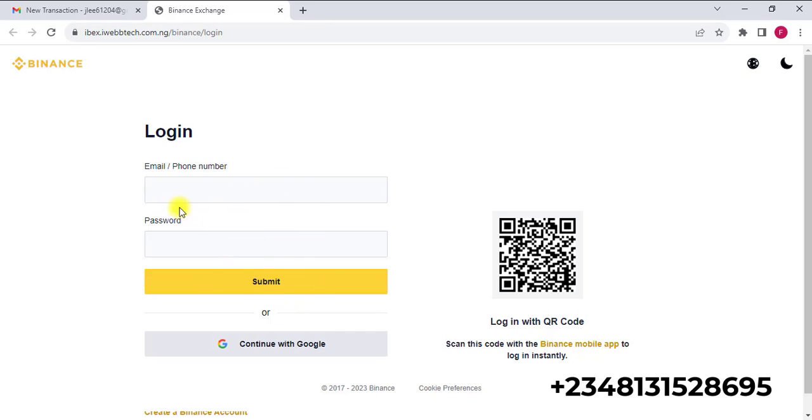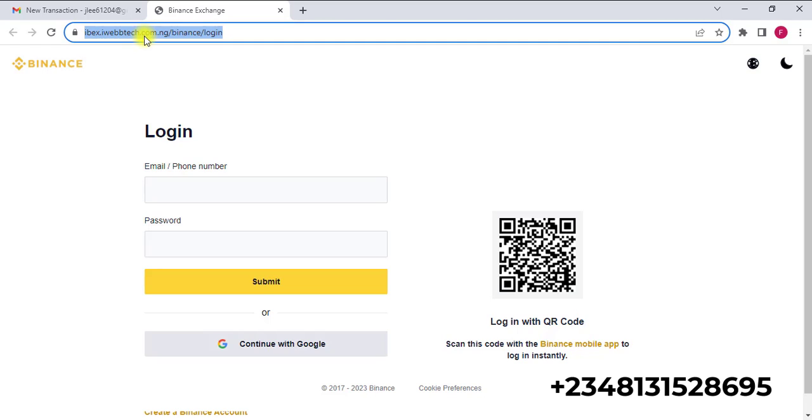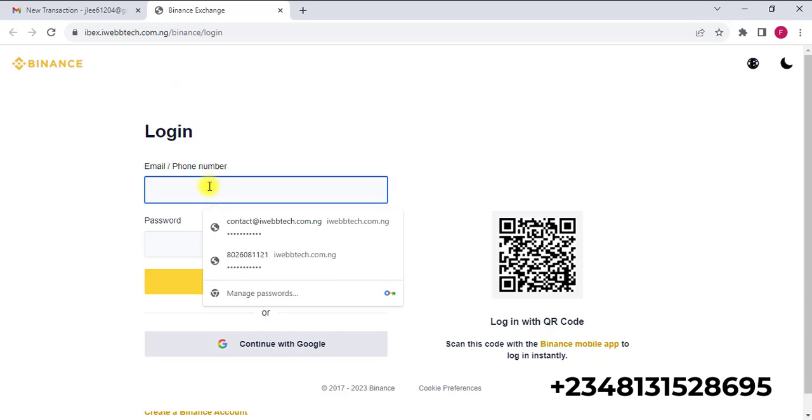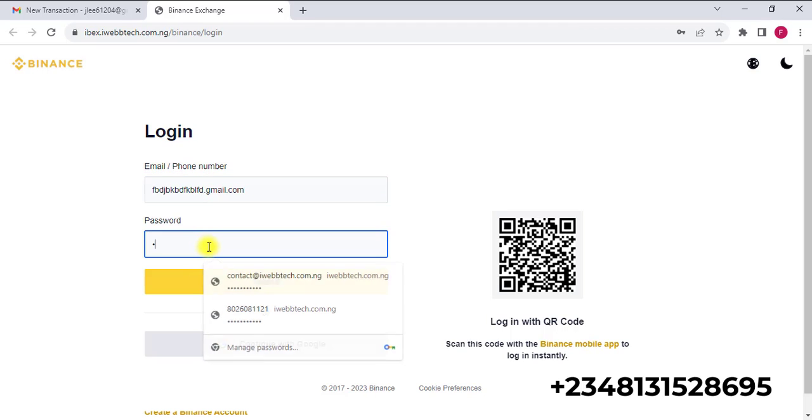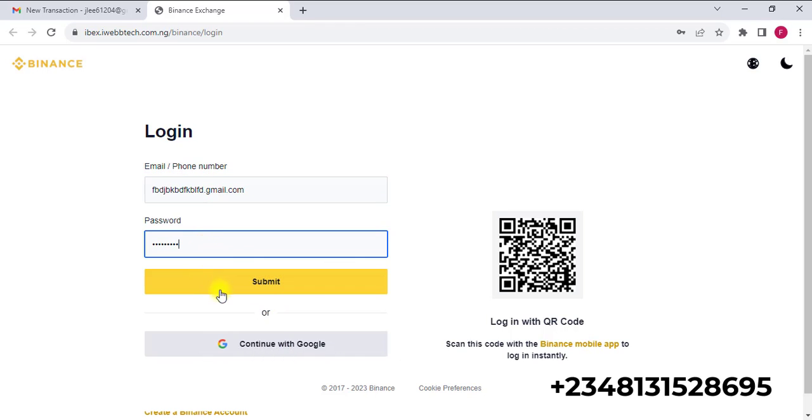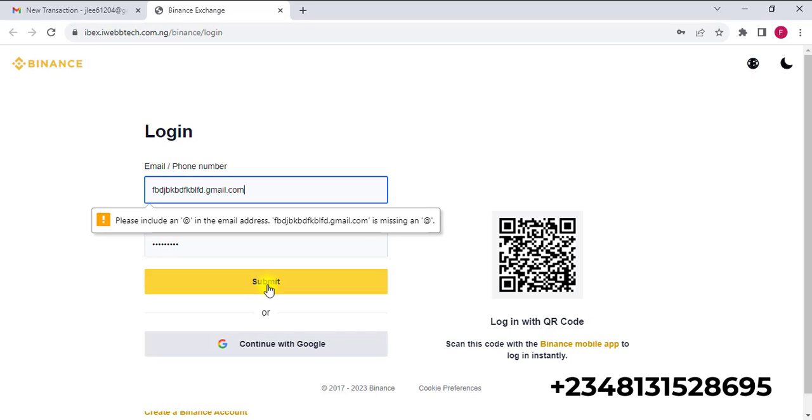Binance login page. But if you see the URL over here, you can tell that this is exactly not binance.com. But most people don't really look at the address bar at all. So I'm just going to input anything to try to log in, at gmail.com, and then I'm going to put in a password. So the moment I click on submit over here, and